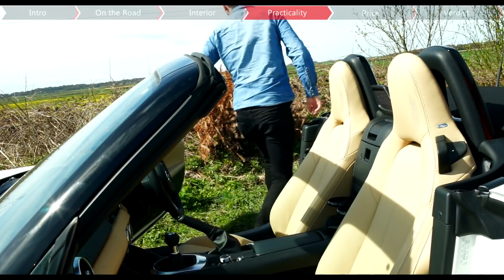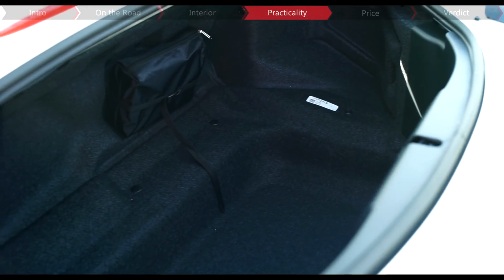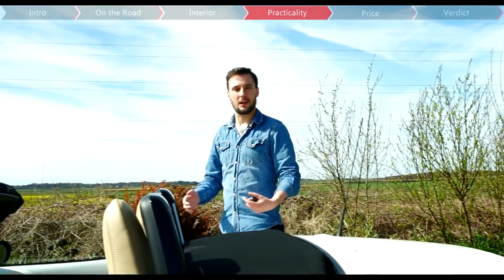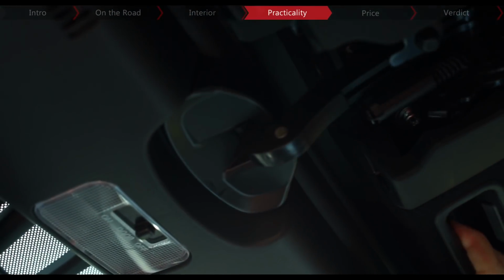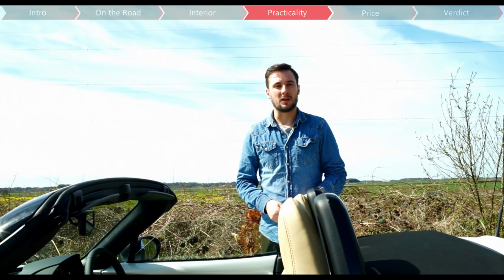The 130-litre boot at the rear is well proportioned, but it's good for a small shopping trip or for a couple of weekend bags at the best. The folding roof is great as well and much quicker to operate than an electric one. It can be a bit awkward, so you might have to get out just to push it down, but luckily on the way up, if it starts to rain, it's much easier to operate. Don't forget as well that later in the year, a folding hardtop version of the MX-5 is also going to